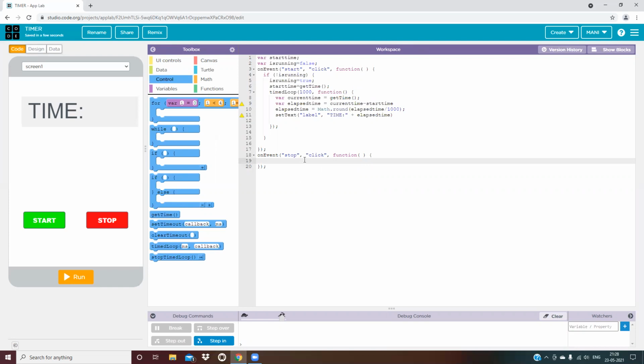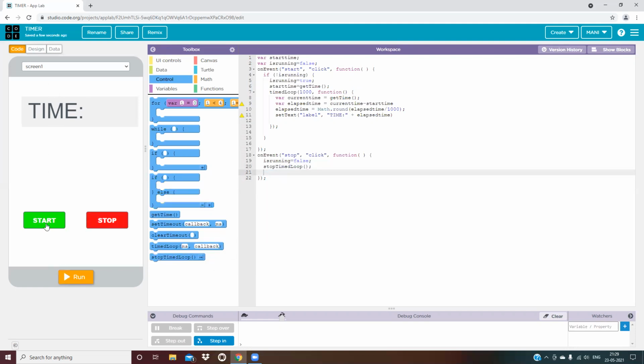And now I will write here is running equals false, and now I will enter and take this stop timed loop, and I will put it over here.